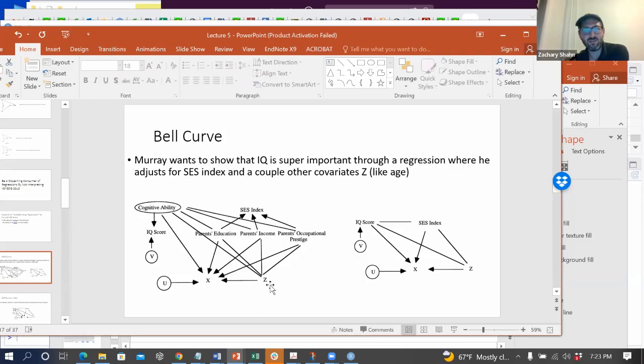And then there are other confounders, Z, which are associated with the socioeconomic status variables and also cognitive ability and also X. And here's a simplified version that assumes that the crude measurements of variables are the variables themselves. So this undirected arrow means that these are associated through maybe a common cause, not that one actually causes the other directly. And same here, wherever there's an undirected arrow. And so Murray takes an outcome of interest X, maybe like income, and regresses it on IQ score, socioeconomic index, and Z, like age, stuff like that, and